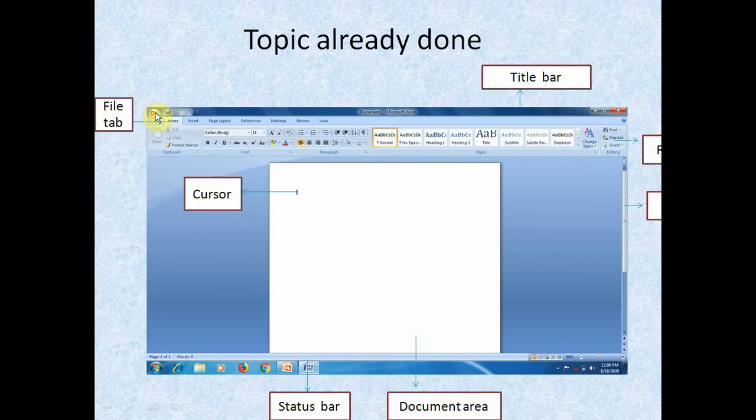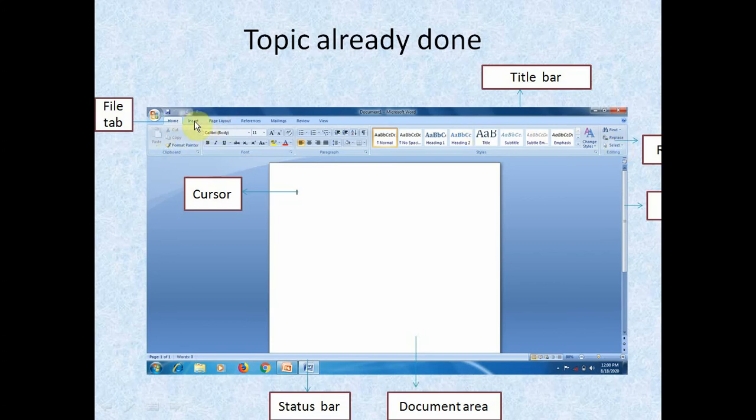This circle is actually from 2007, that's why there is a little difference in the screen. Now this one is the title bar because it shows the title of the document, that is Document 1 Microsoft Word. And this part is the ribbon. The tabs are: File, Home, Insert, Page Layout, References, Mailings, Review, View.